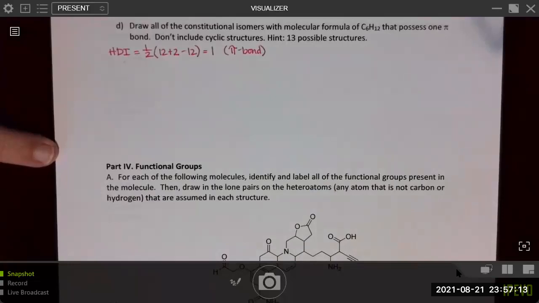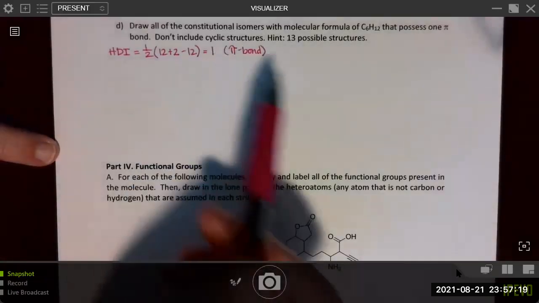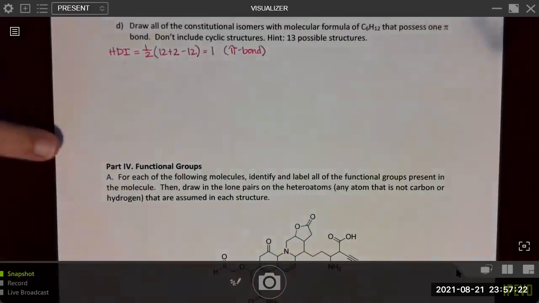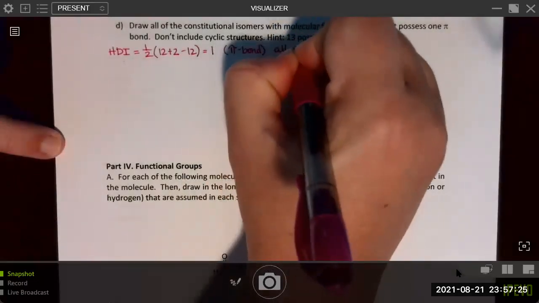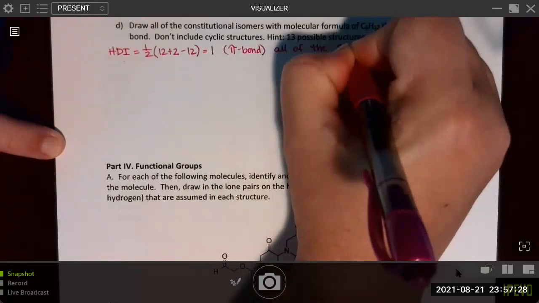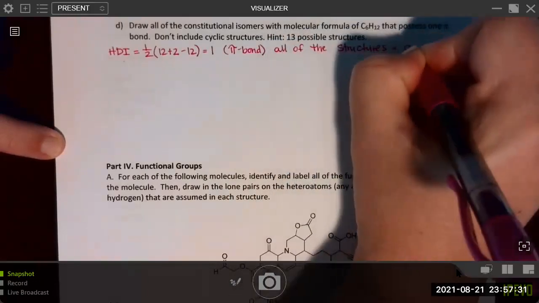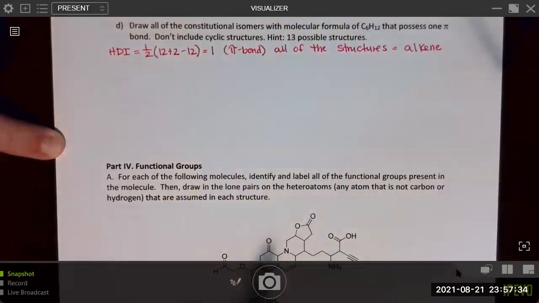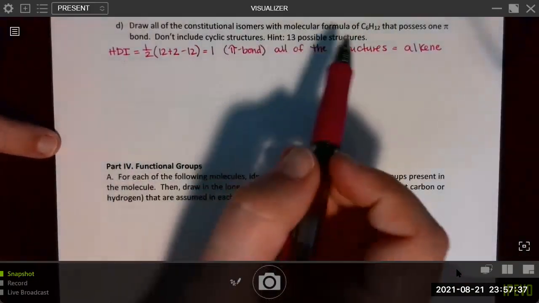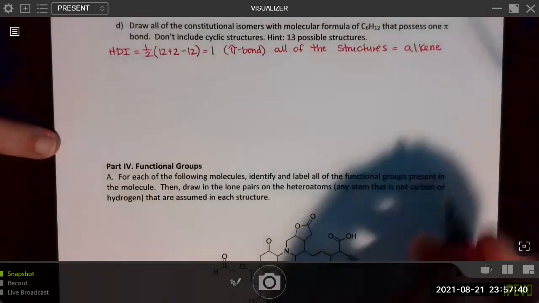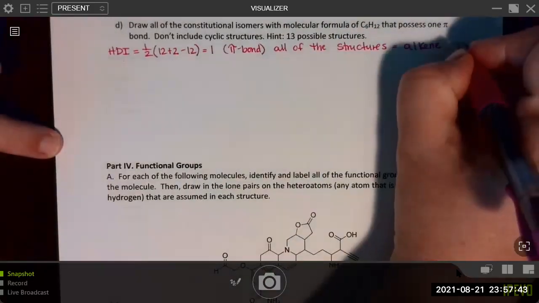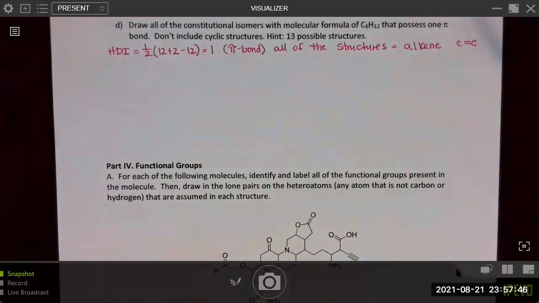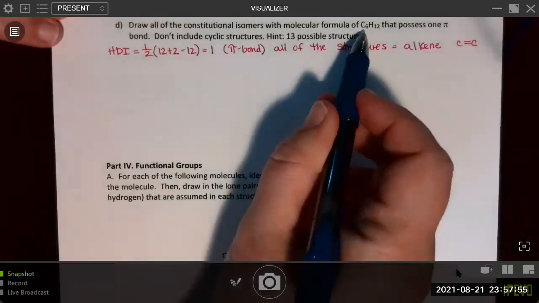So for the functional groups that just have carbon and hydrogen, with a pi bond, there's only 1 functional group. That's an alkene, right? So all of the structures will have to be alkenes, because that's the only functional group that contains 1 pi bond and only carbon and hydrogen. And so we'll be trying to go for those carbon double bonded carbon structures. Okay, but we can still use our skeletal structures, right? But now we have to generate a list using 6 carbons, right?